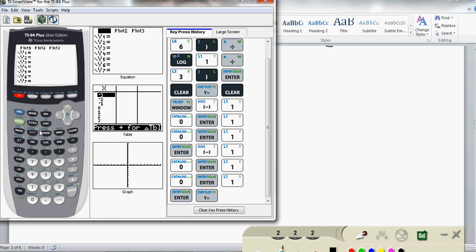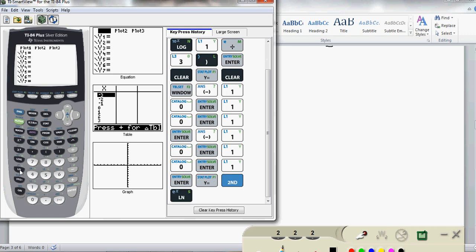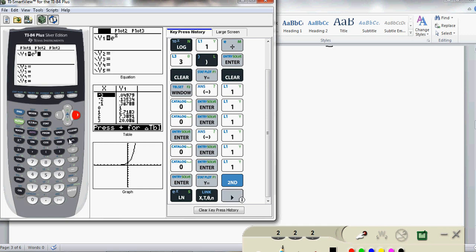Now, in number 11, I need to find e to the x equals negative x. So in my first graph, I'm going to say e to the x. Well, if you look, the second button on natural log is e to the x. So I'm going to do second e to the x. And it gives you the option, I need to put an x in there. And so I've got e to the x